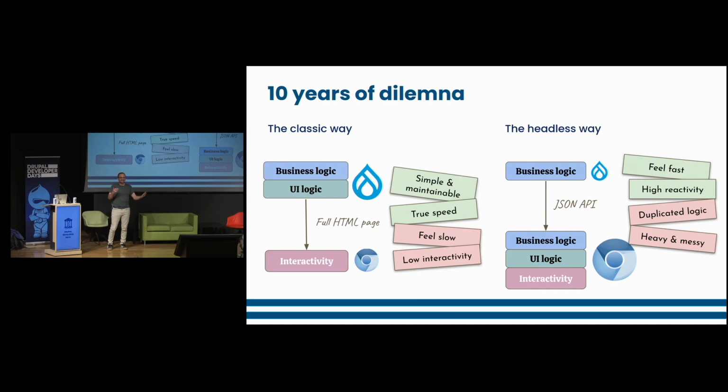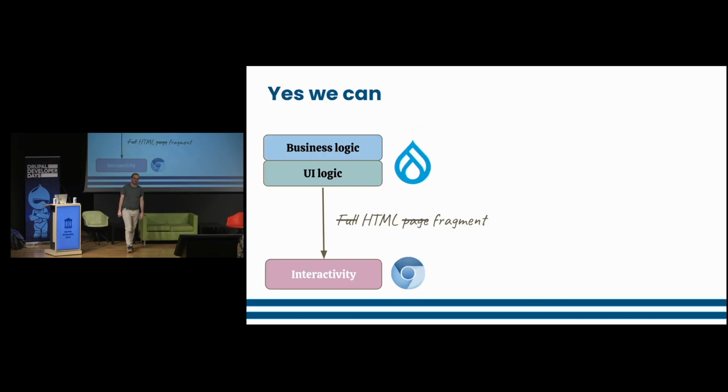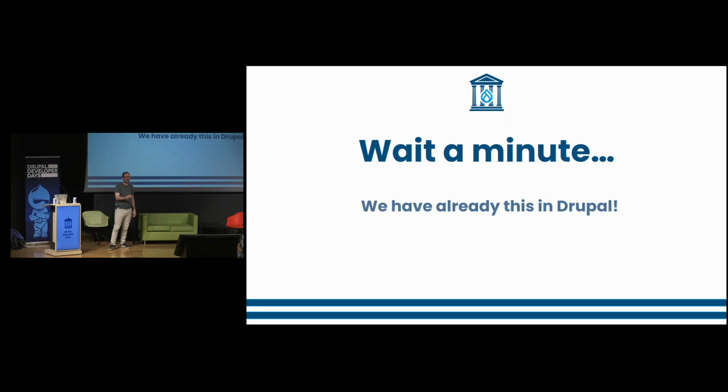So we were like, I need to choose between 2, what can I do? But why not the benefit of both? Can we have the best of both worlds? Yes, yes. And the solution is very simple. You keep the normal rendering, but you send HTML fragments, not HTML pages. Because what is making a mess in a JS architecture is the rendering. And now we can avoid that.